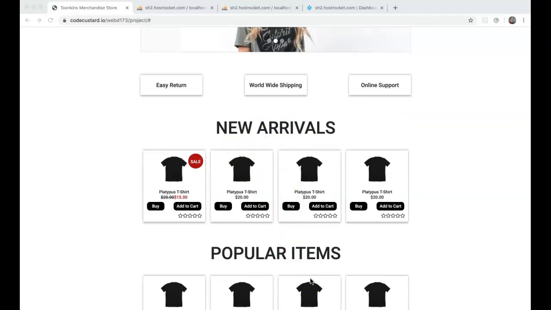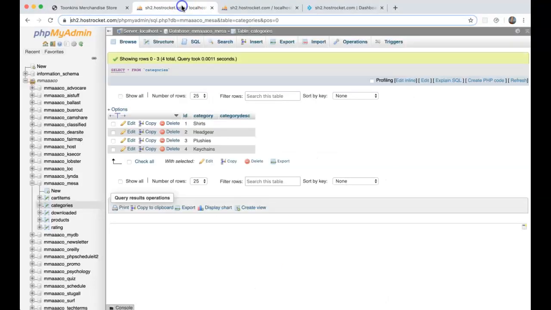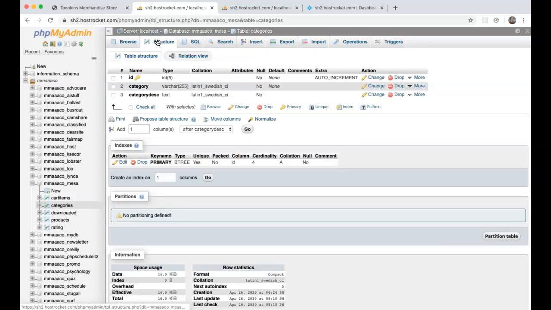So let's start with our database. We're using the same database we've been using in our custom cart, except I've made a couple of alterations. I have a categories table now, and I'll click on structure here so you can see it. Basically I added an ID, auto increment, primary key. I have a category name, which is varchar 255, and I have a category description, category DESC, which is text, which is just to give you a little review. Text will allow 65,000 characters,